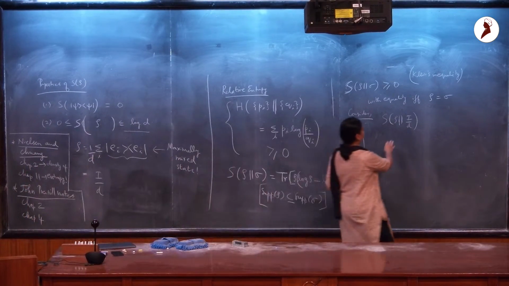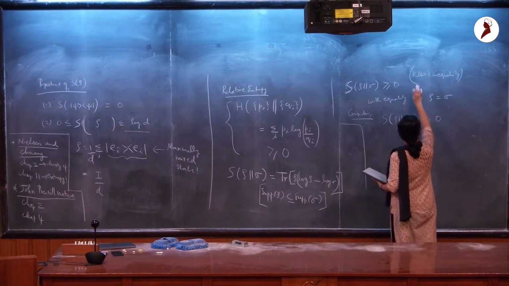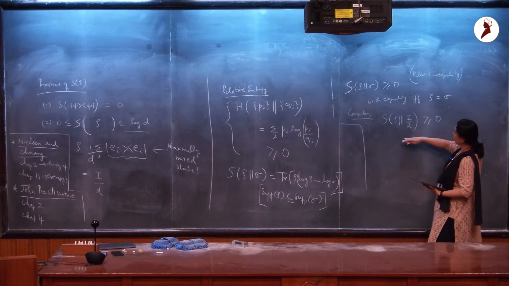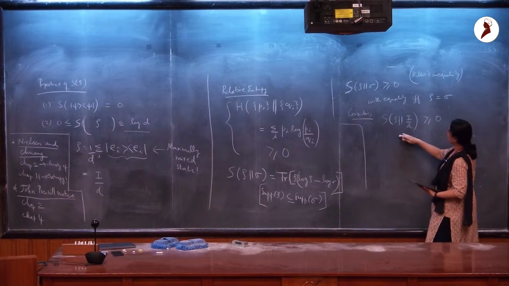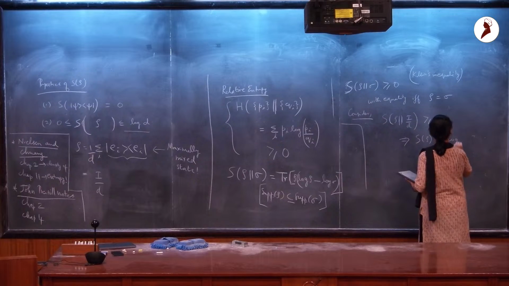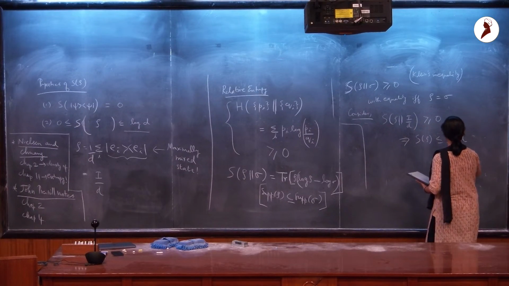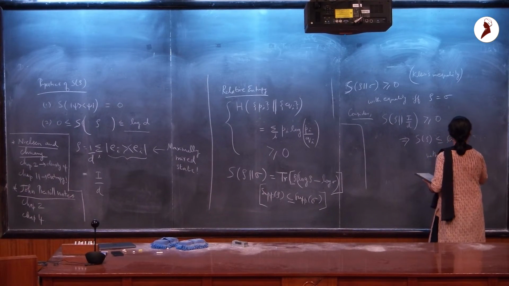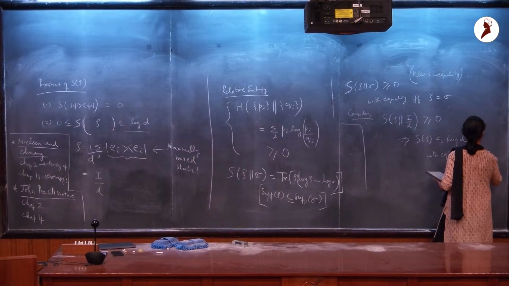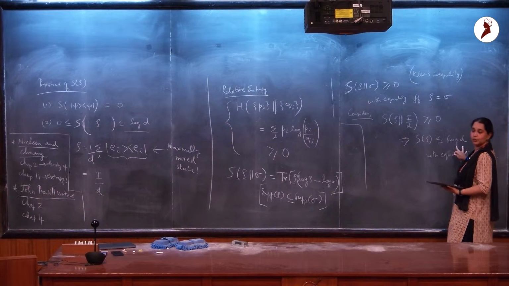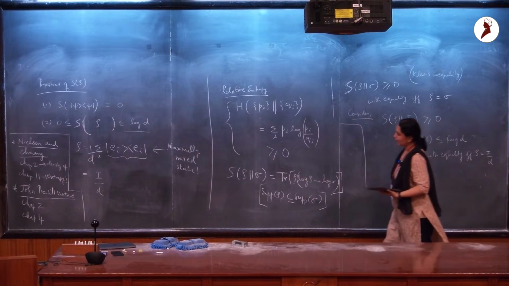So when I do this comparison, and this Klein's theorem or Klein's inequality tells me that this should hold, right? And when I simply expand this out, this then gives me the statement that S of rho is always less than or equal to log D with equality if and only if rho is equal to I by D. Okay? So this is one way to sort of show that the maximum of the von Neumann entropy is indeed log D and that it is attained for a maximally mixed state.